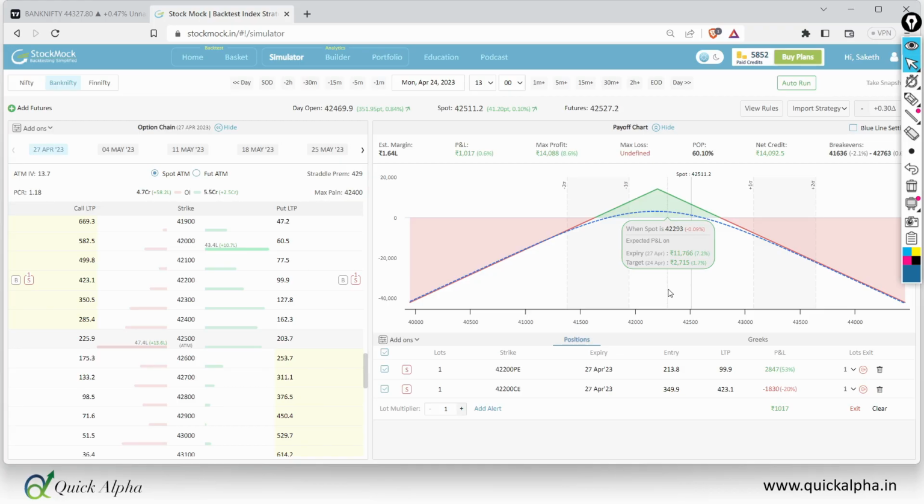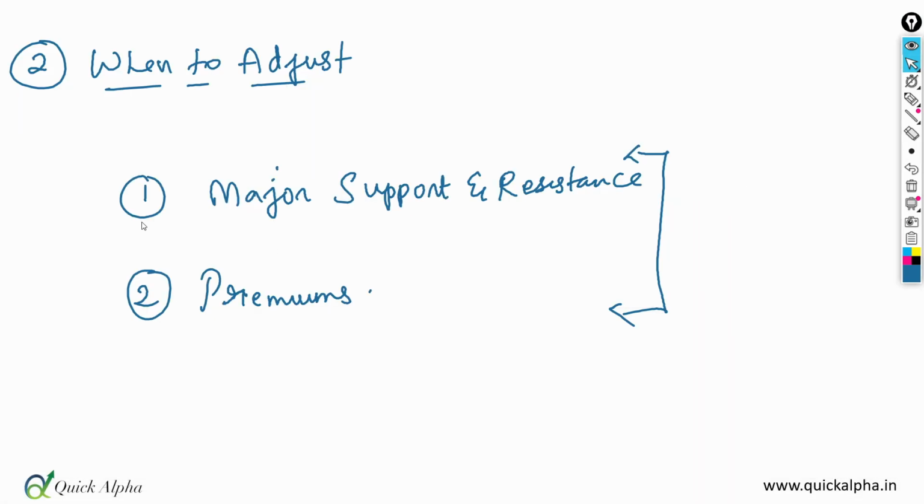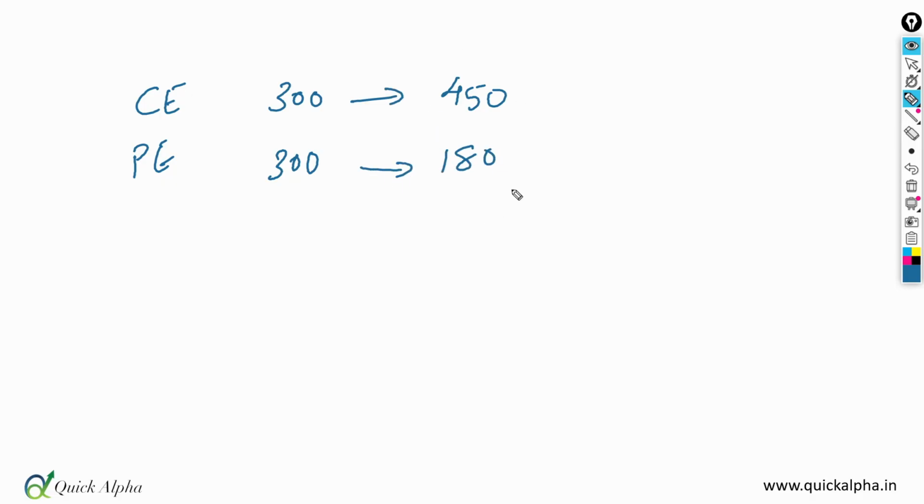So we discussed two things. One is support and resistance being broken and the other thing is premium. The second time when we actually adjust is when the premiums are mismatched. Before we look at the charts, let us first try to understand the concept. Let us say I have created a short straddle by shorting CE and PE at 300 rupees each. Now assuming the market goes up, this particular CE leg becomes 450 rupees and this particular PE leg becomes, let us say, 180 rupees. This would make me holding this trade very uncomfortable because the premiums are quite mismatched,